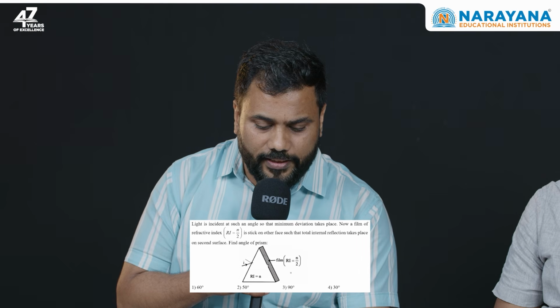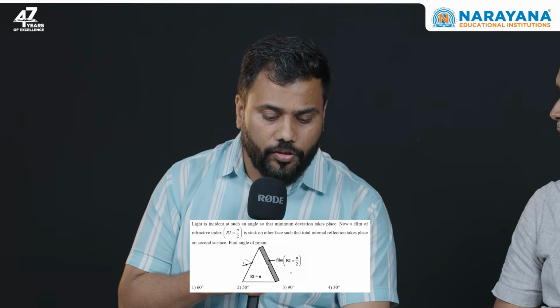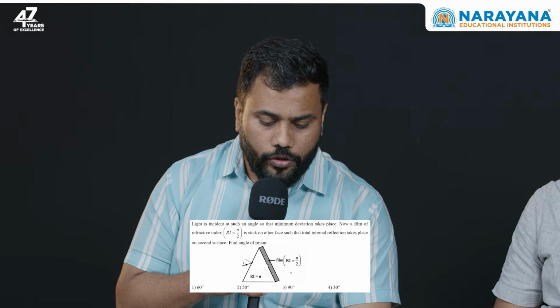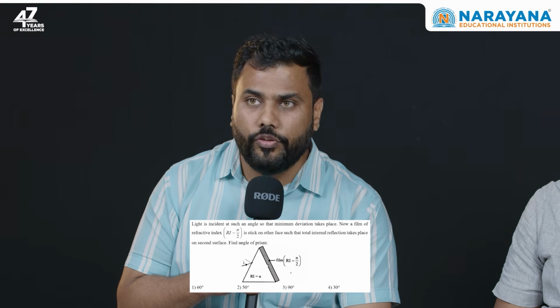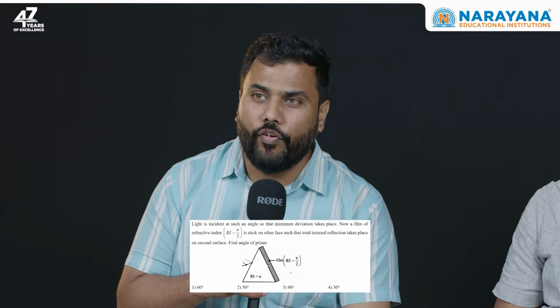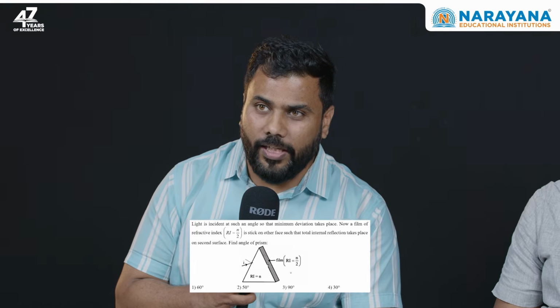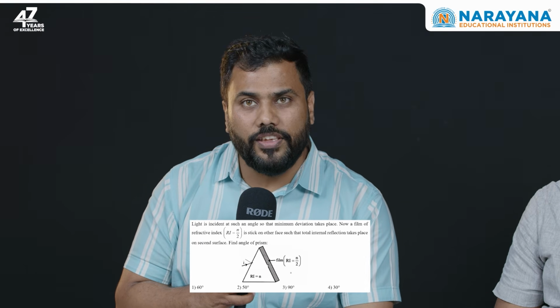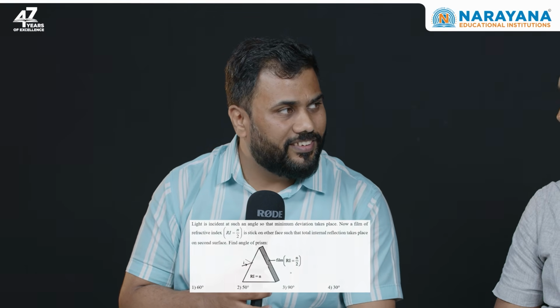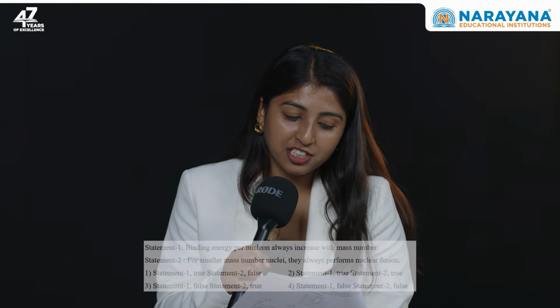Question number 15 is from optics and it is merging the concept of prism and TIR. So it's a standard, very basic question. You have to read and understand the question, follow the basic formula and you are good to go. Will it take some time? Not much, but definitely if the student is forgetting this concept, he will get stuck. All right. What about question number 16?